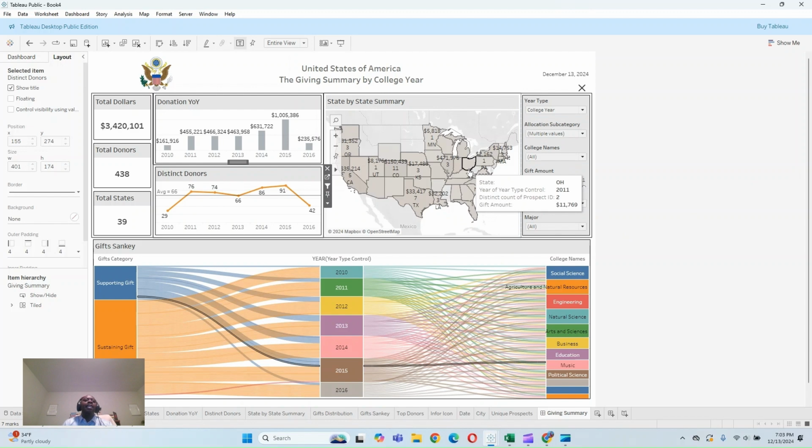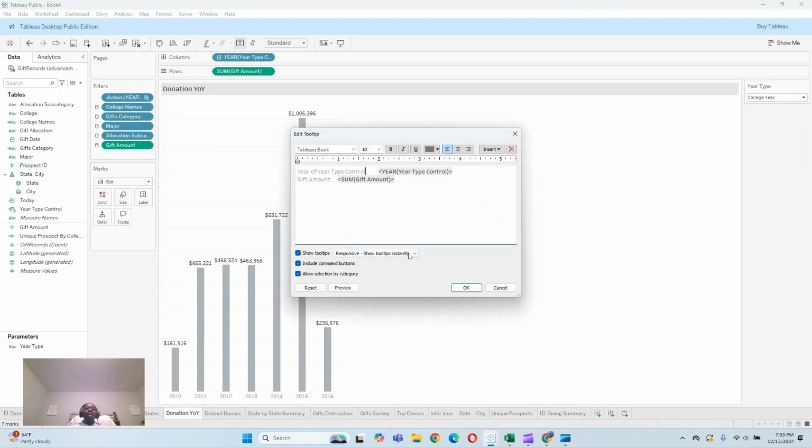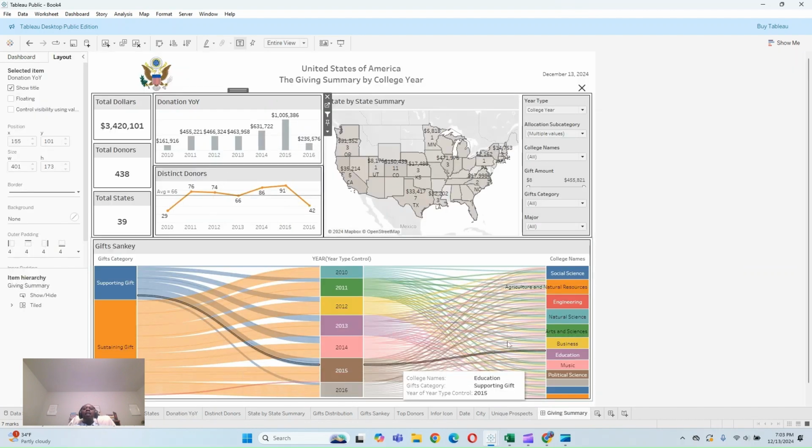And another thing that you would want to do after you tested everything is to check on the tooltip. You see this rectangle that is coming up when I move over. Make sure it makes sense. If it says year of year tab control 2015, your users may not understand it, so you can simply go to the sheet and change it to just year, so that whenever they move over, they can just see that. So that's a little bit of cleaning that you might need to do, but the rest, your dashboard will be looking great, and make sure that everything